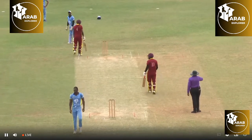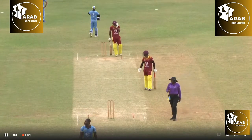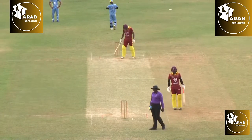Well, you said one particular thing about wings a short while ago. I thought it was more so a one-winged bird. That's how the ball was moving. It wasn't moving fast at all, but it made its way to the ropes, and that's 4 runs off the